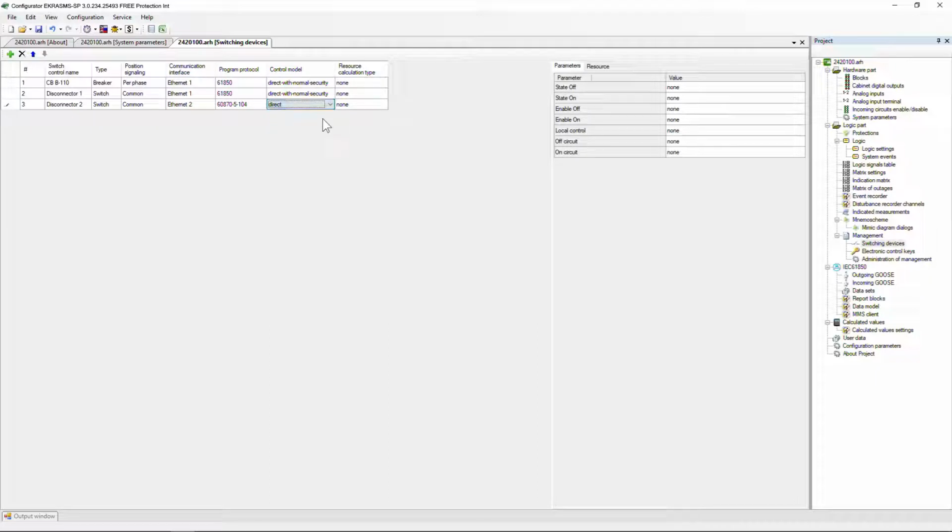Direct mode is used to control a switching device simultaneously by several clients without feedback on command execution. Mode with confirmation, select before operate, is used to control the switching device with the capture of control by one client without feedback on command execution. The disabled value is set only when it is necessary to display the position of the switching device, without the